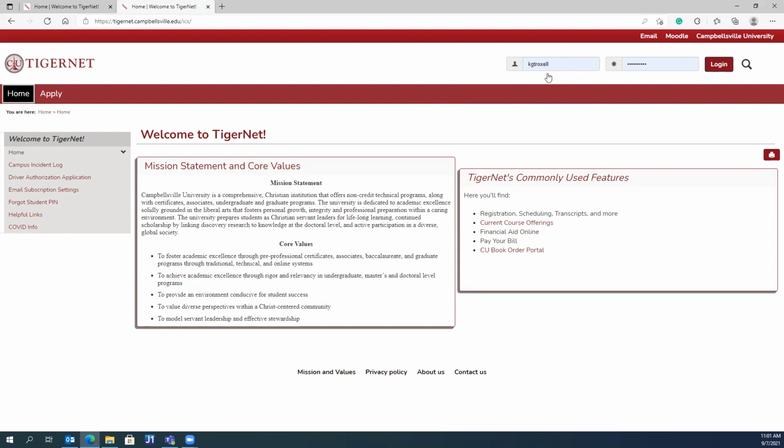Up here at the top, you'll see a little person icon and you'll see a place where you can put your password. This is where you're going to put your ID. Normally it's going to be like a 5-6-digit code,